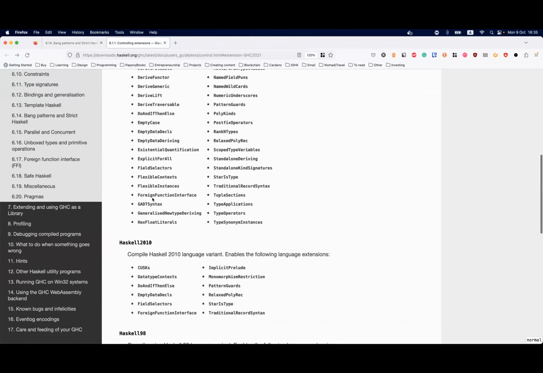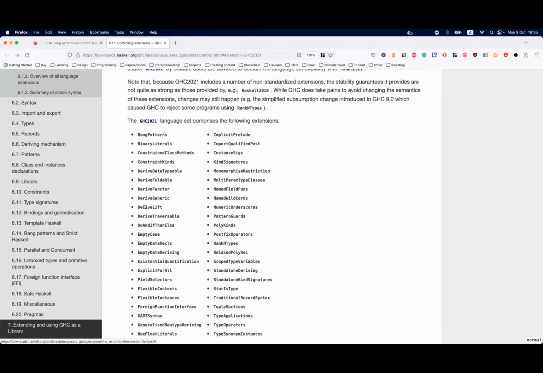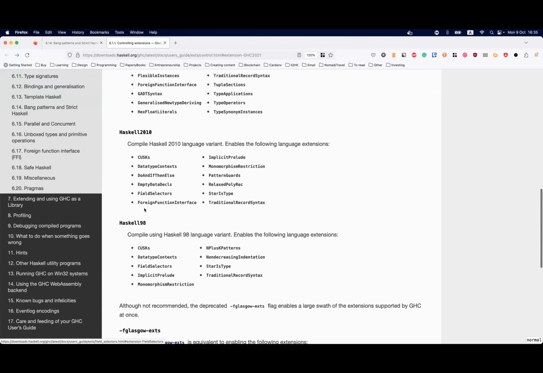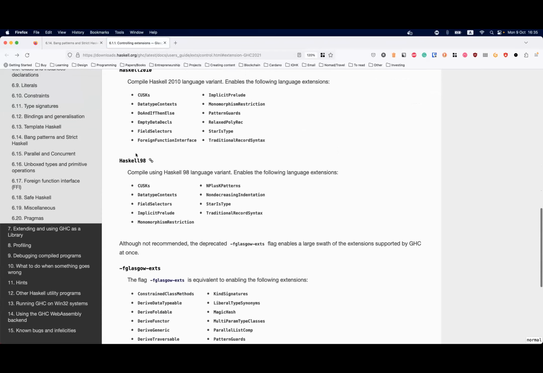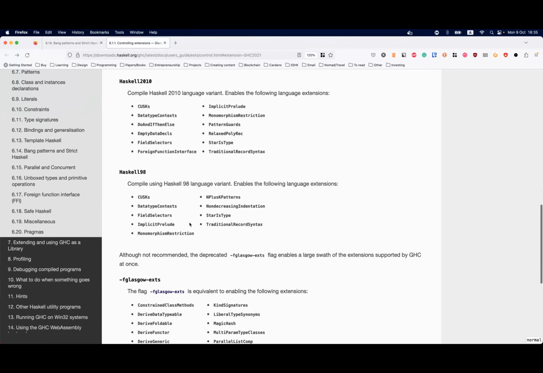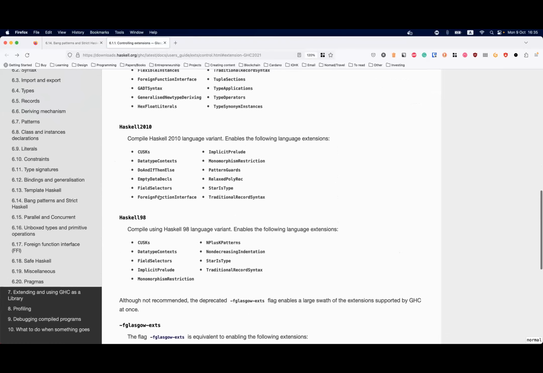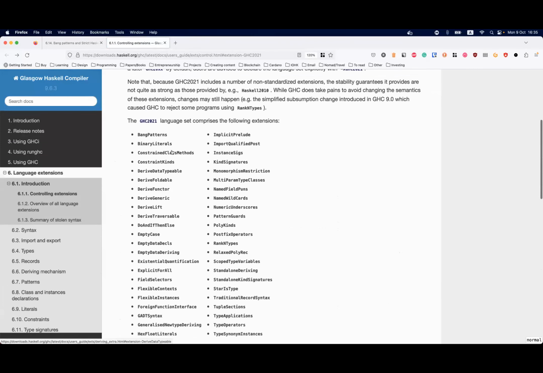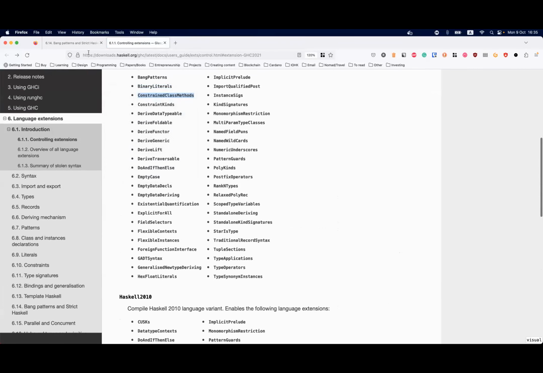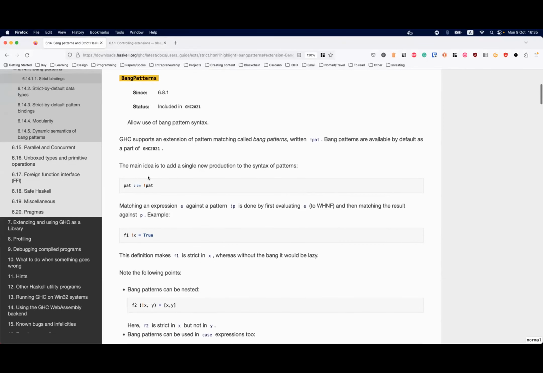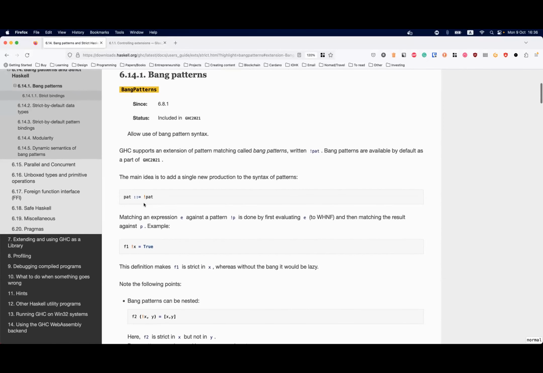So the difference between all the different versions, quote unquote, of Haskell is that the original Haskell 98 has only these extensions out of the box. Then 2010 has on top of those all these ones, and 2021 all these ones. So in this specific case, the bang patterns one, you can add this little exclamation mark